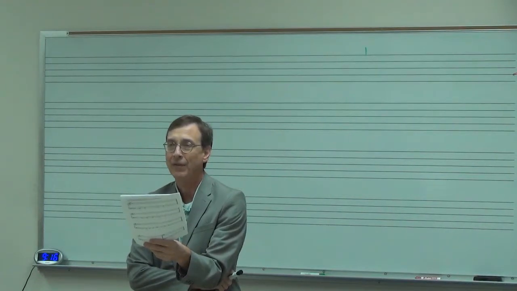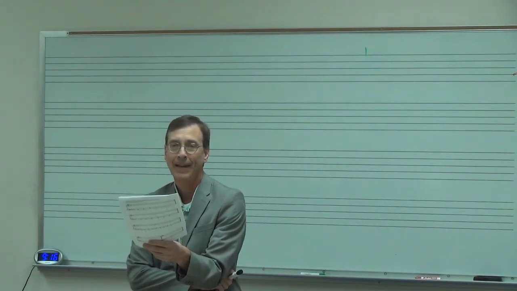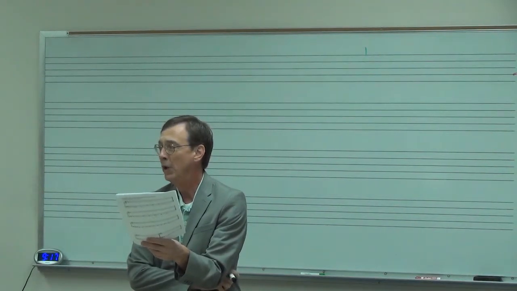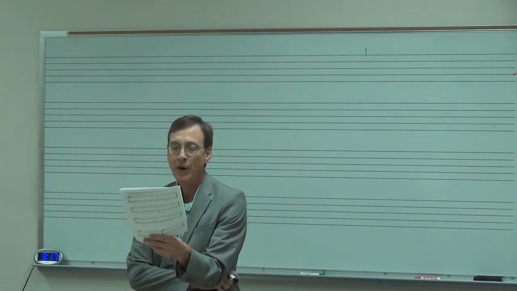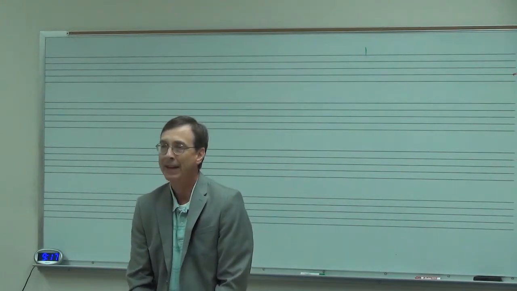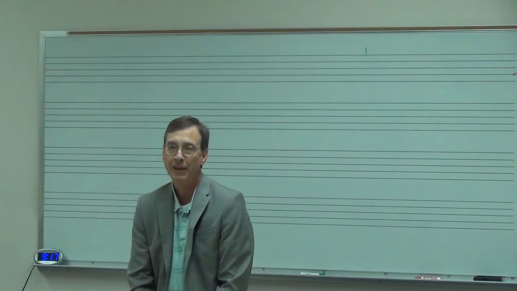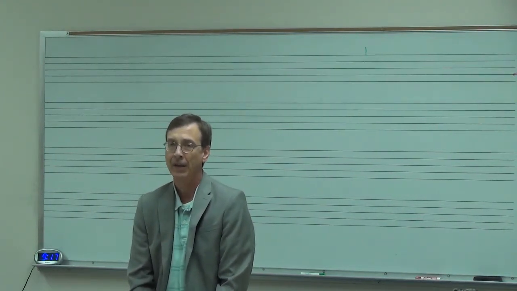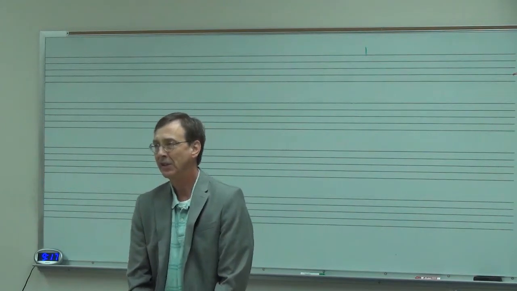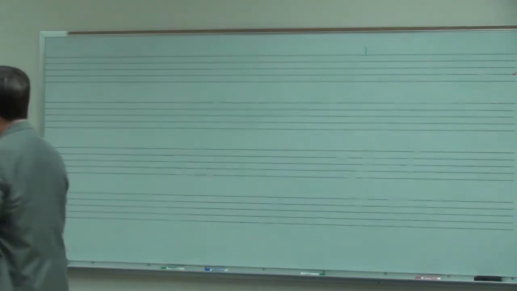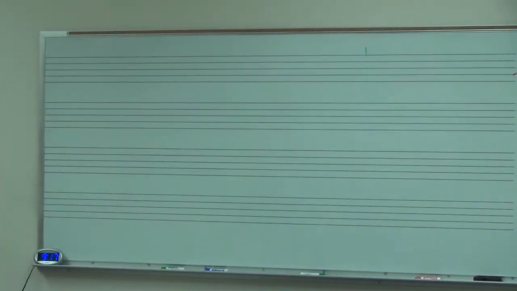Has everyone found the augmented sixth chord? If not, what would you want to be looking for? If we're in the key of G minor, we want to be looking for an E flat in the bass with something that says 6 underneath it. Now, just because it says 6 doesn't mean it's an augmented sixth chord. It has to be built on top of the E flat. If it says 6/5, it's probably